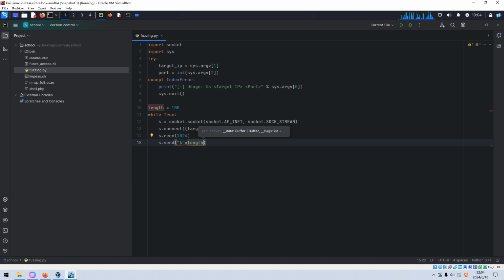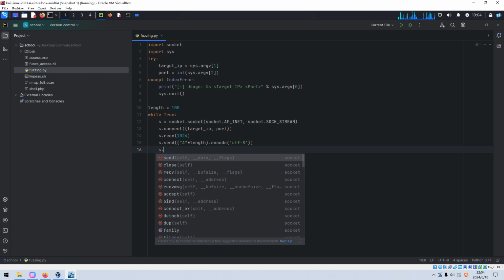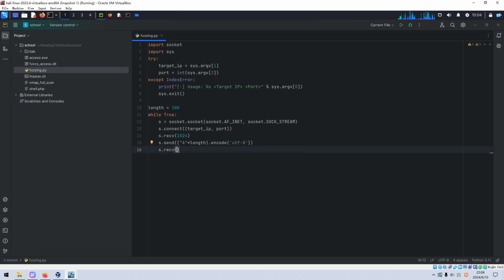Of course we need to encode, because I'm using Python 3. Then we also receive data and close this socket, or close the connection.